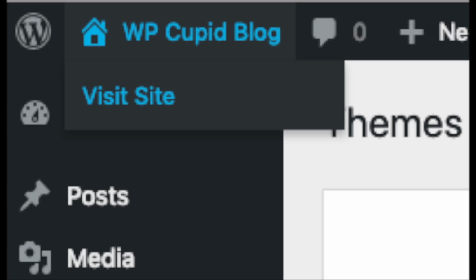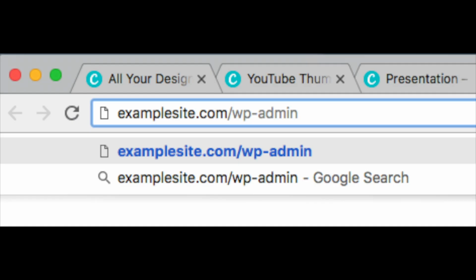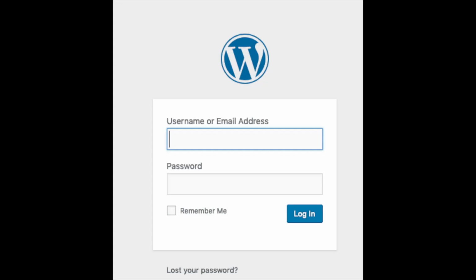In the top left of your WordPress dashboard, you will see Welcome Here or your site title towards the top of the page. Click this to view your site. To log into your WordPress dashboard, you can do so via the Bluehost cPanel or by typing in your domain name with a /wp-admin. Here's an example. It'll bring up this page here. Just input your login credentials to be logged into WordPress.